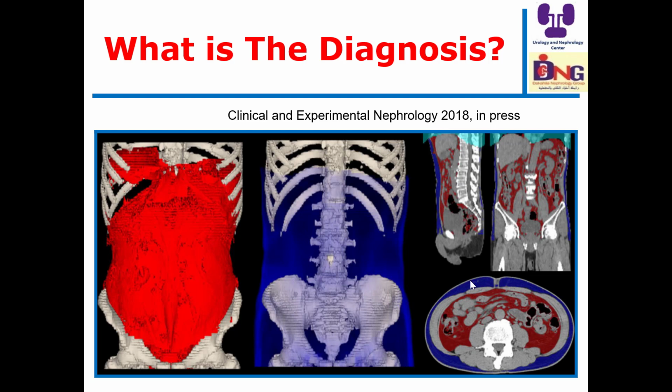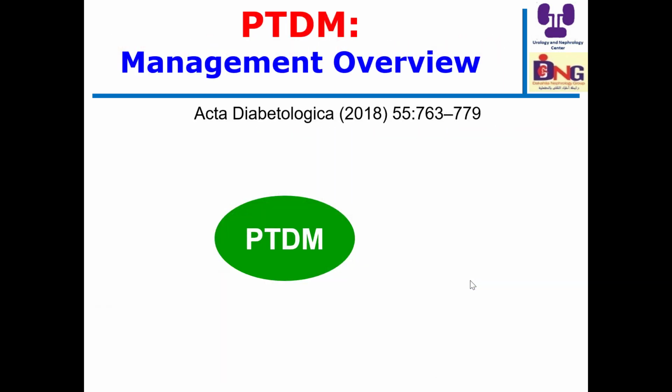In this article, a higher ratio was not only associated with metabolic profile problems, but also affected transplantation outcome. The graft renal function was significantly lower in patients with a high VAT to SAT ratio. So I put this slide here to raise attention toward obesity. I don't like obesity, and we should combat obesity before and after transplantation.